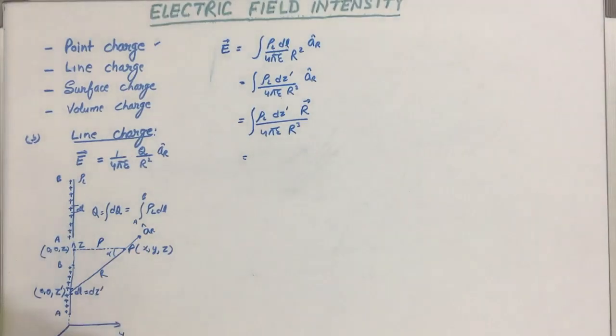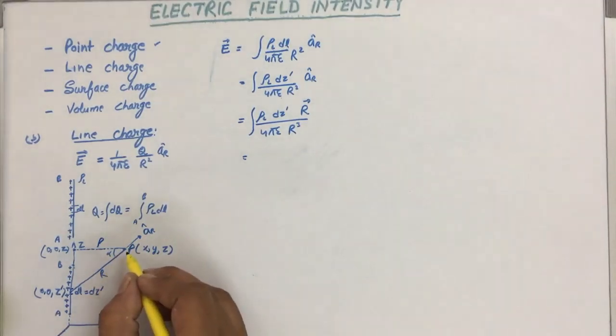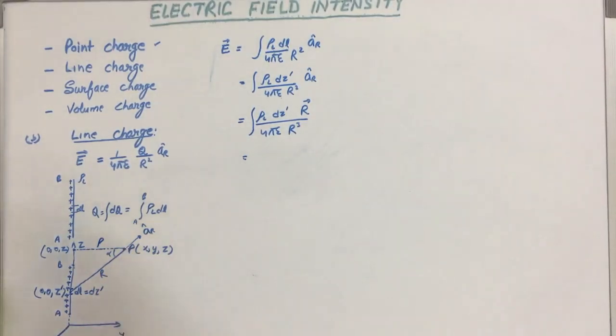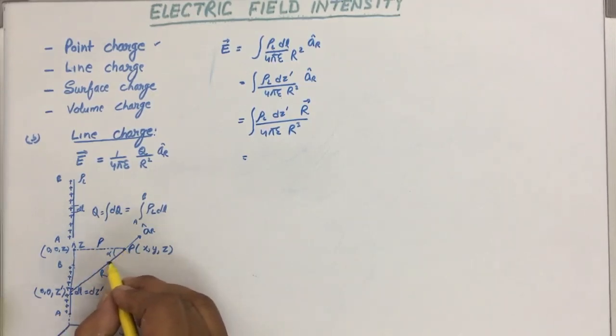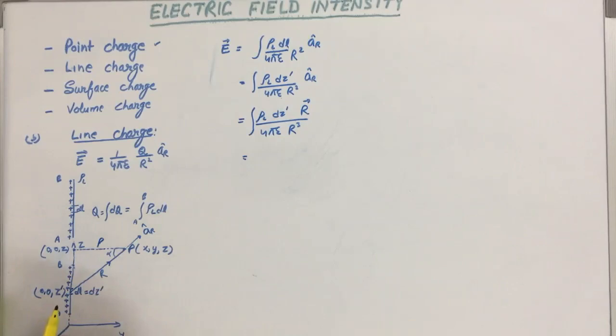This can be written as... what is r, by the way? Suppose we wish to move from here to here. Then, according to the definition of differential length that we studied in the beginning of the coordinate system, we will move from here to here and then here to here. So r can be written as,